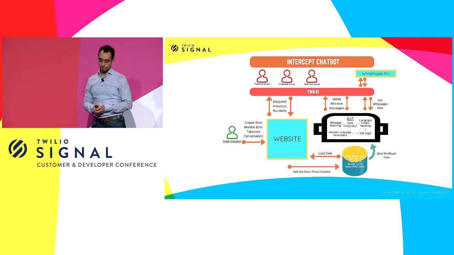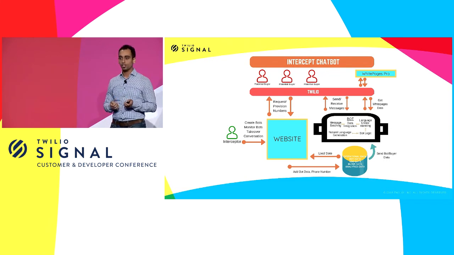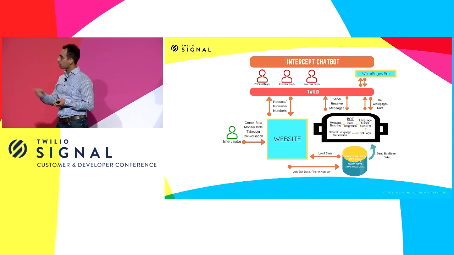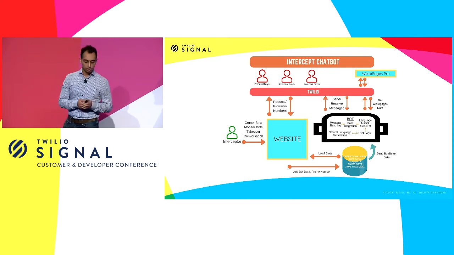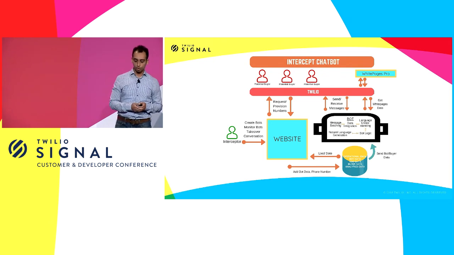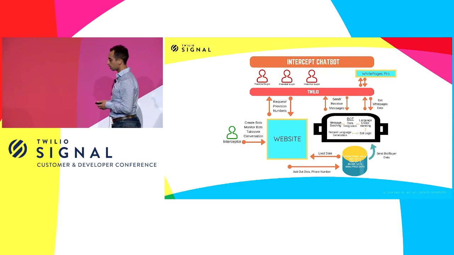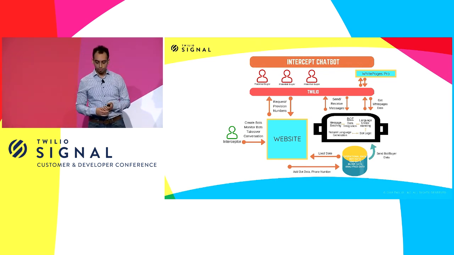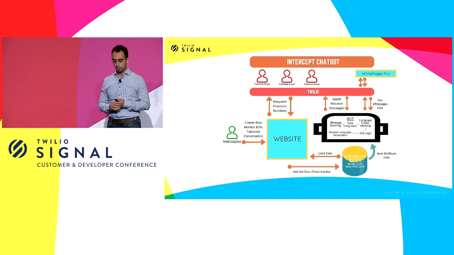As part of this pipeline, we do a bunch of things. We batch up the messages. For example, if somebody, instead of answering everything in one go, sends it in like 4 or 5 different messages, we'll batch up together all the messages in a given time period and respond to them together. We have integration with White Pages Pro, as Robert mentioned, so we can get some interesting information about everybody who's sending messages here. We can know if we've seen them before or not based on our own data, if they've already received the deterrence message or not, things like that.